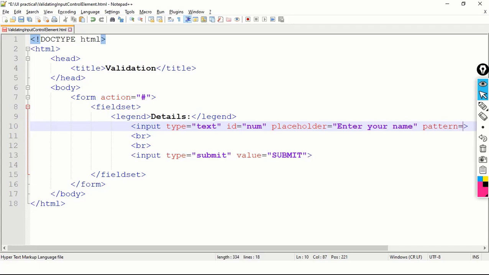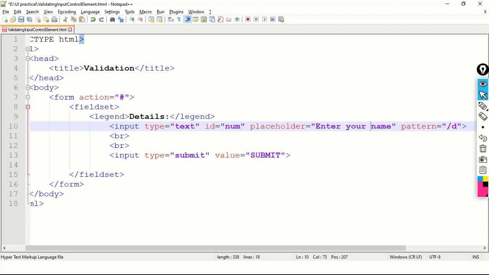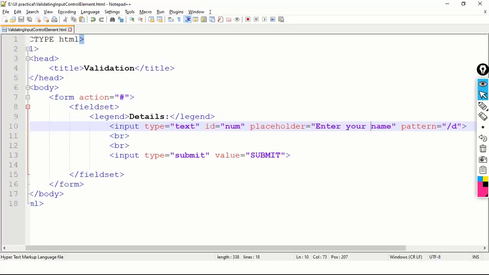What is pattern telling? Pattern is equal to, suppose I write like this, backslash d. What is the meaning of this? Let's understand. Save the code and refresh. Sorry, not d.